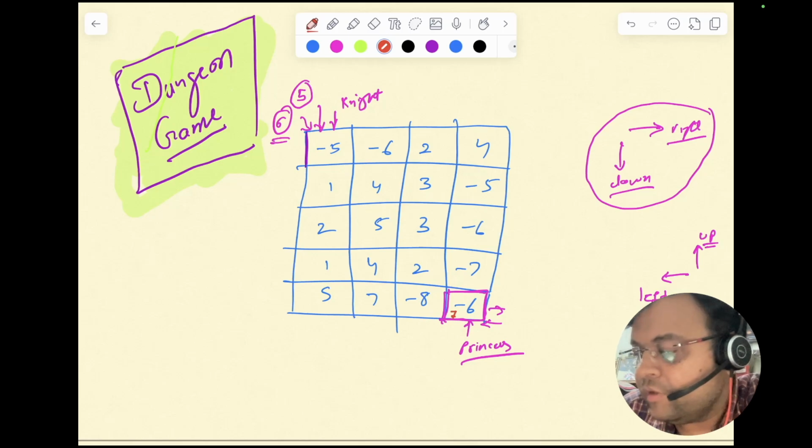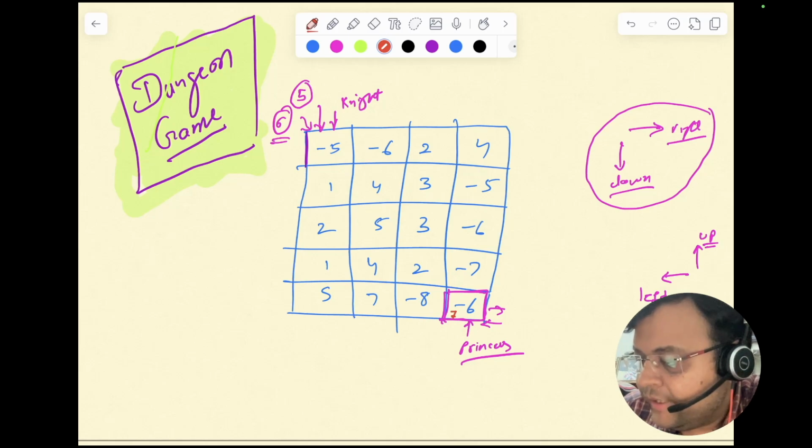Since 6 minus 6 will be 0, as soon as he enters into this room with 6 points, he'll die, correct? At 0 he'll die. So he needs at least 7 so that he can survive, I mean, he can save the princess. Okay, now